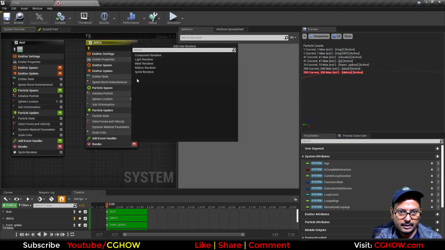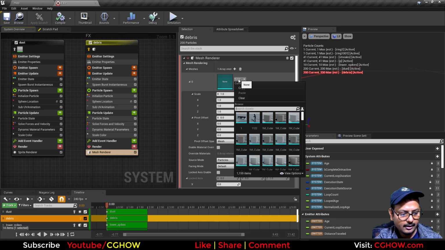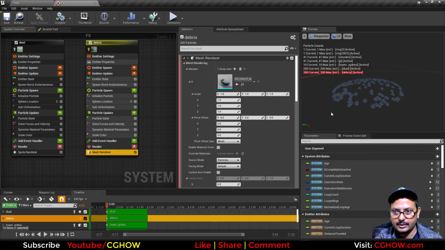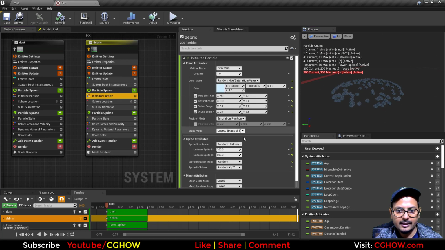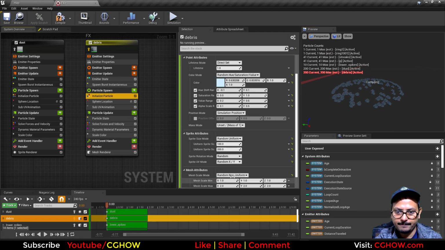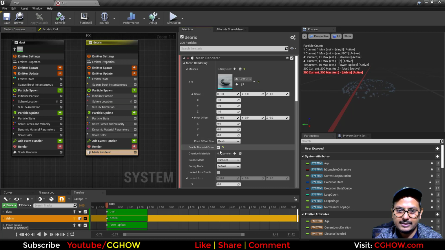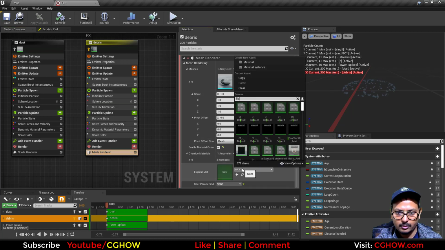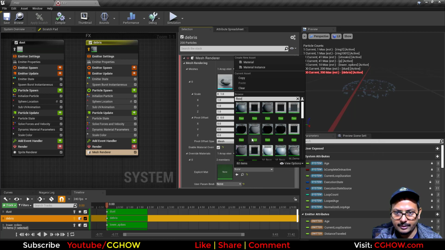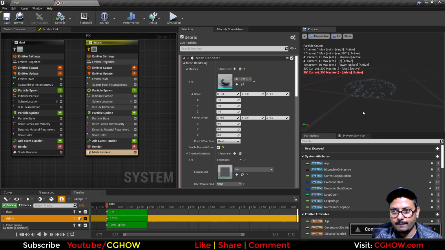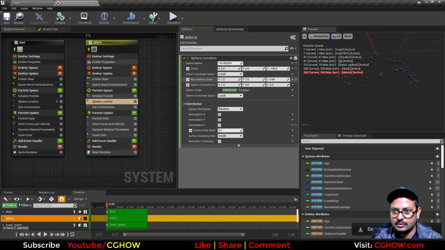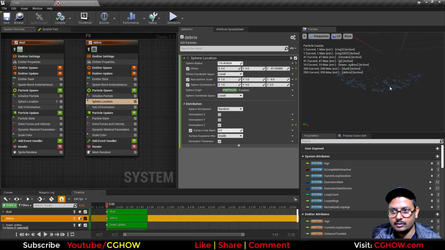I will just make mesh renderer and debris. So we have this, and I will use a random size, maybe 1, 1, 1.1, 0.2, 0.2, and I'll just apply the basic material. I have a floor, just a gray material like this. Okay, so we have this random size, and I will use this minus 0.5 and offset, increase the offset,